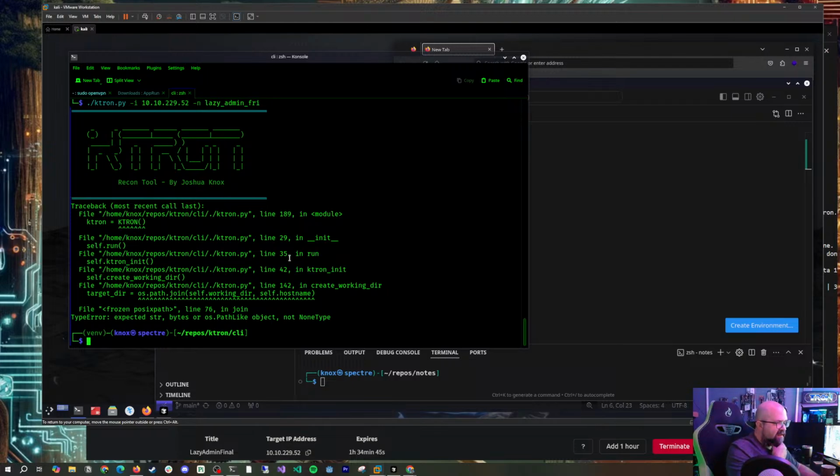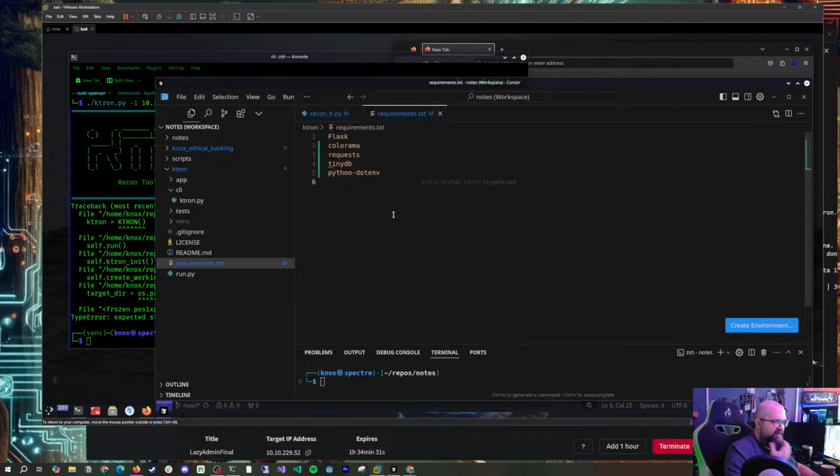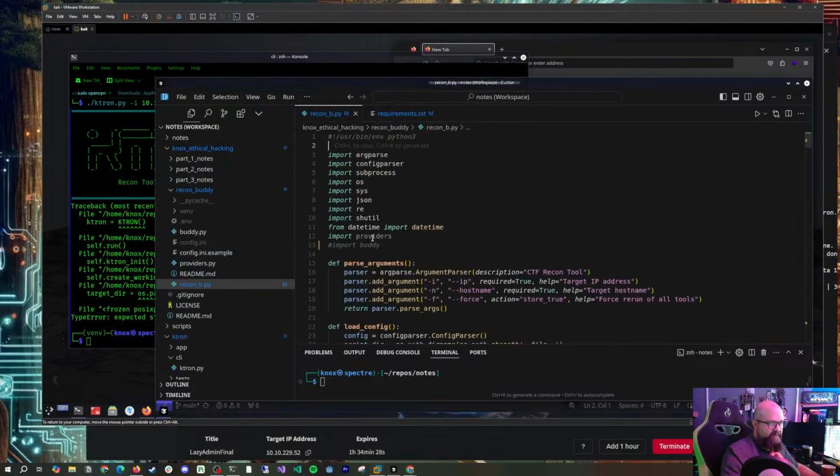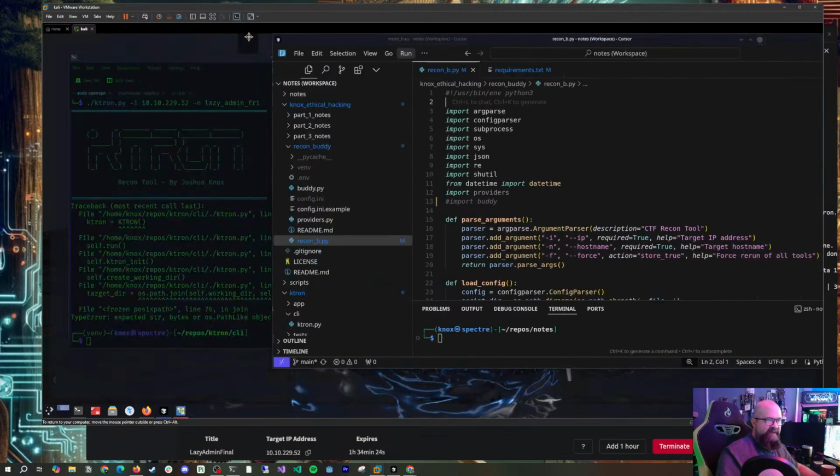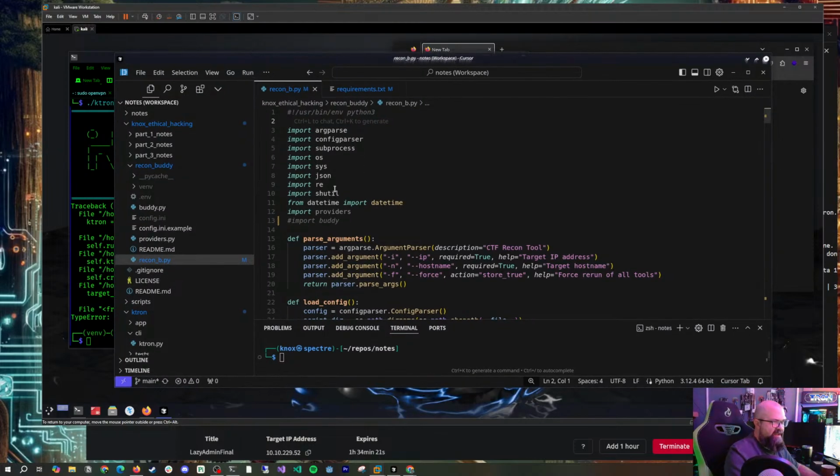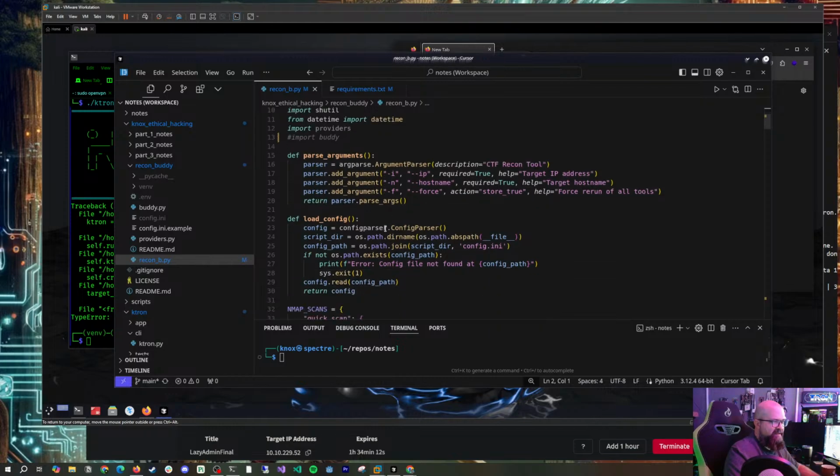And it says NoneType. Okay. Home run in create working directory OS path. I think it's because we don't have our config file and we don't have one. And I have .env in here, so that makes me feel like I switched it to .env. I do still have config parse in here and not .env, so that makes me think that it's looking for